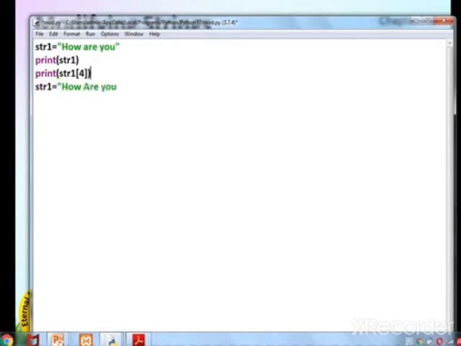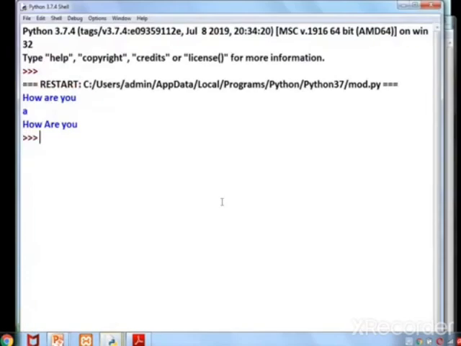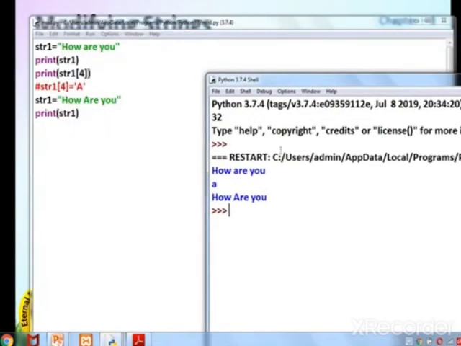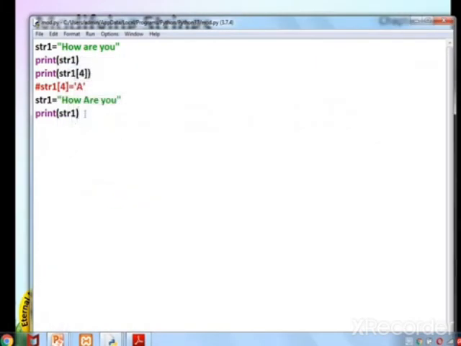Instead of giving a single statement like str1 of 4 equals A, which is not possible, if we change the total statement and then ask to print, it will show the change. Can you see this? But it is not easy to do like this for each thing. So there is another solution also.